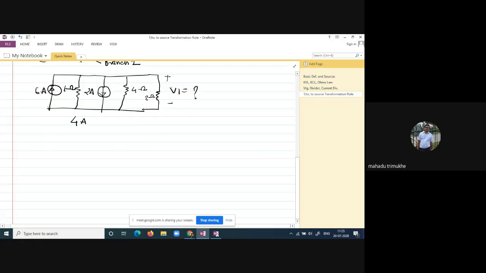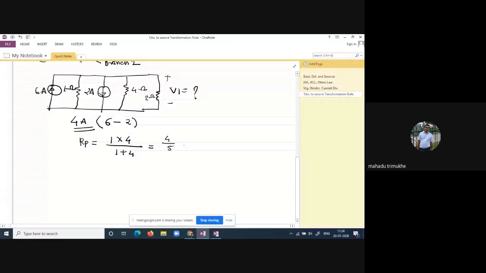How do you get 4 ampere? Because 6 is this one, and minus, why have we taken minus, that is a downward direction outgoing current, it is 2. Okay, you will get 4 ampere. And similarly, 1 ohm and 4 ohm are connected in parallel, so you can take the parallel combination. Rp is equal to 1 multiplied by 4 divided by 1 plus 4, so we will get 4 by 5 ohm here.